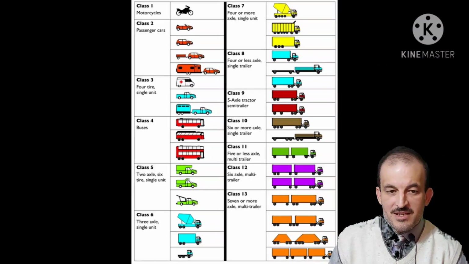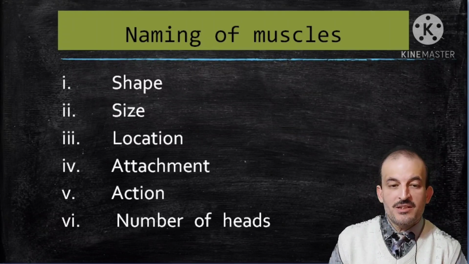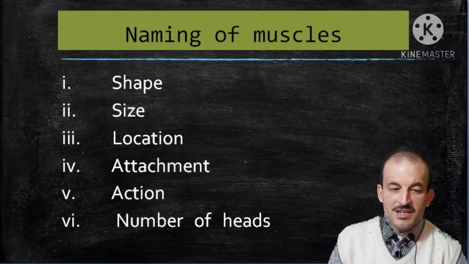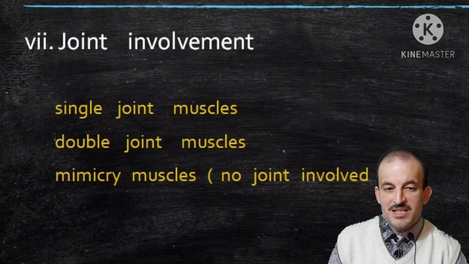Naming of the muscles. In this slide, you can see the various types of vehicles. They could be classified according to their size, shape, or their function. The same thing could be applied to muscles. They could be classified or named according to several factors. We could depend on shape and size, location, attachment, action, number of heads, and joint involvement, as seen in the